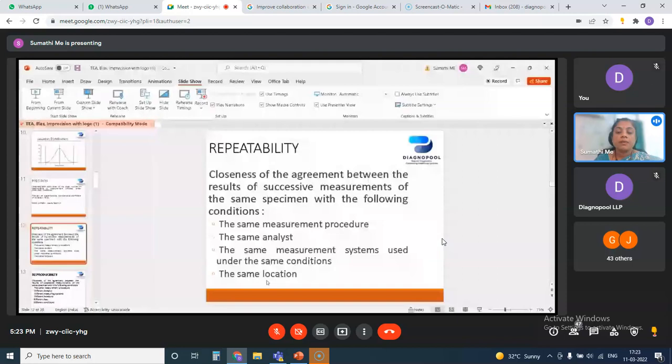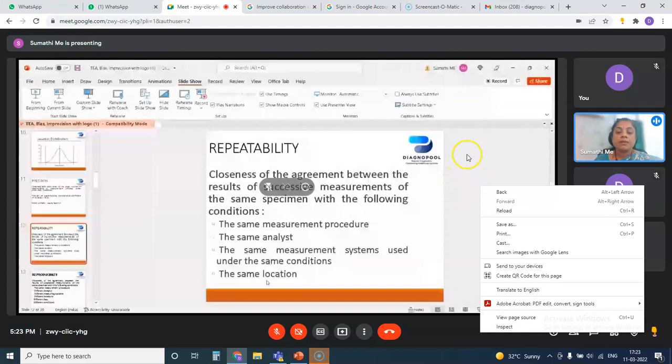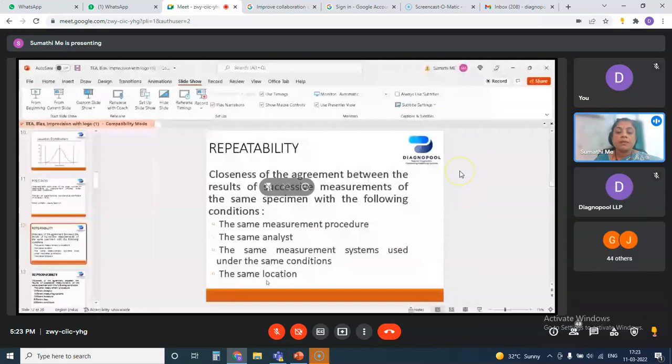So when we say true value, what is the true value? When we analyze internal quality control, most of our internal quality controls are assayed controls. That means the manufacturer has done this analysis on a wide range of platforms. They have measured it on different platforms and they give us the target mean. You can take the target mean from the kit insert given along with the internal quality control. So that can be your true value.